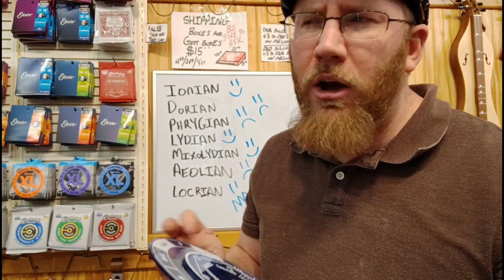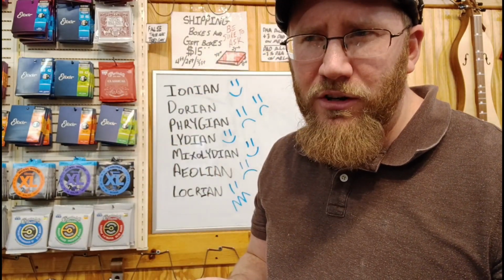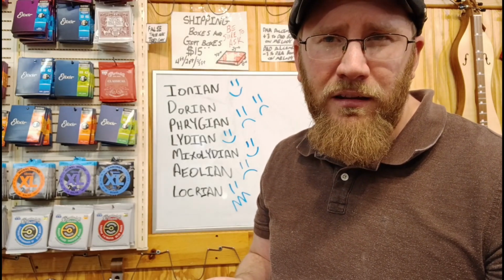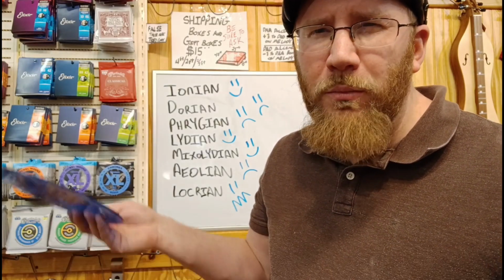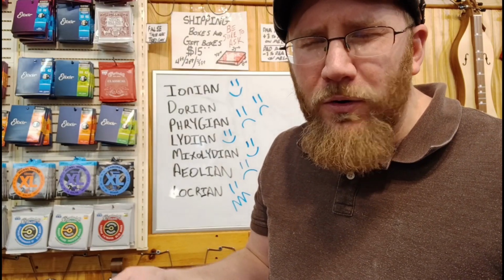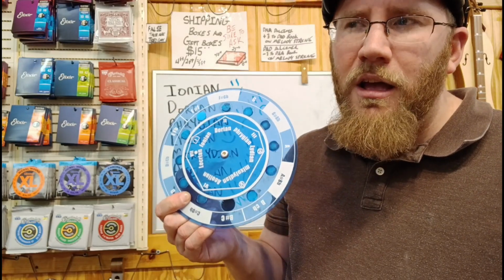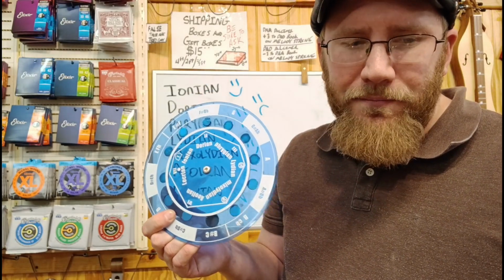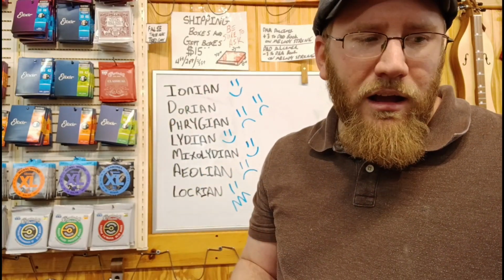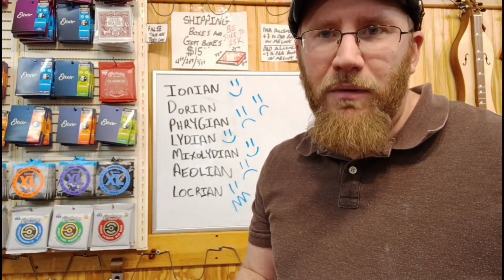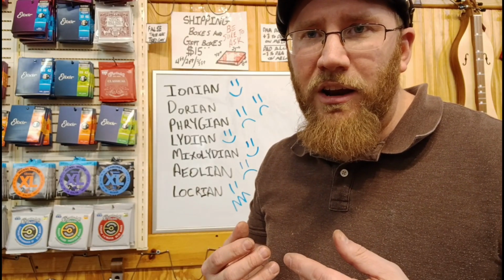You know how a ruler measures distance, and a clock measures time, and a voltmeter measures volts and everything. This measures musical scales. And I am going to use this a lot in my discussions with you here